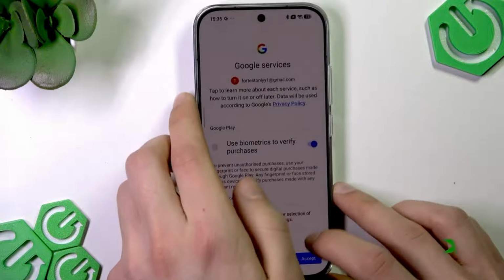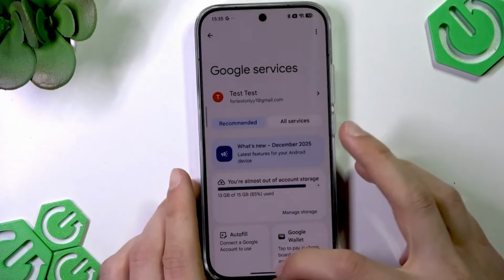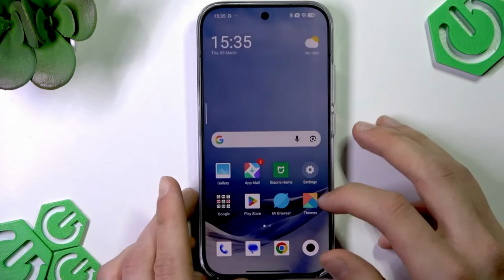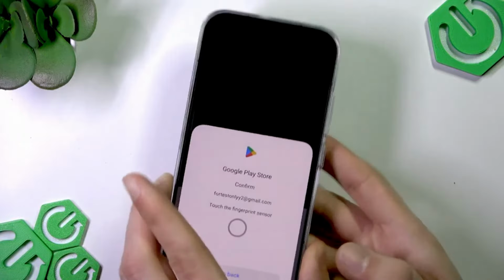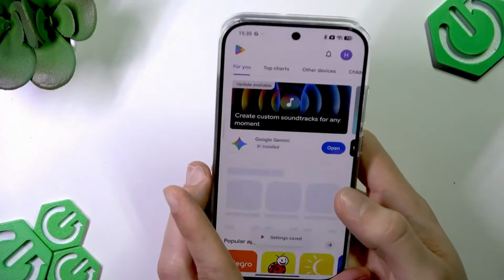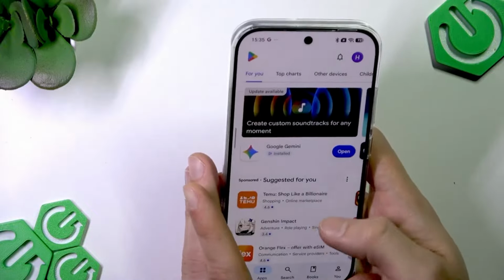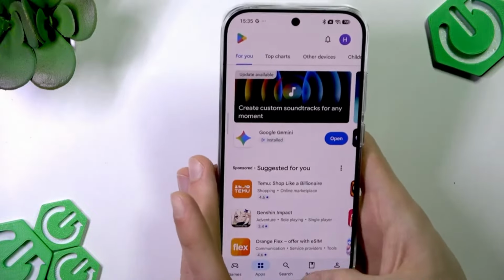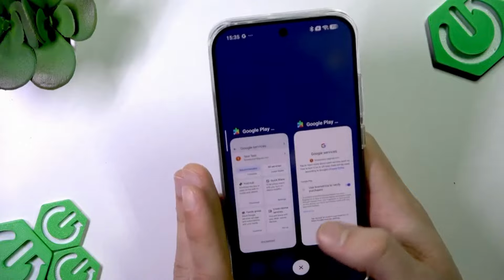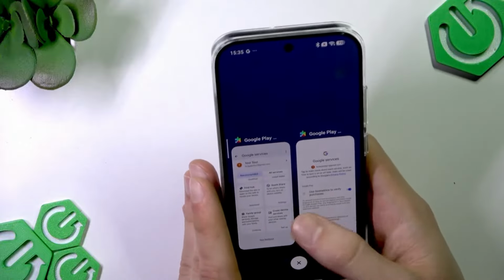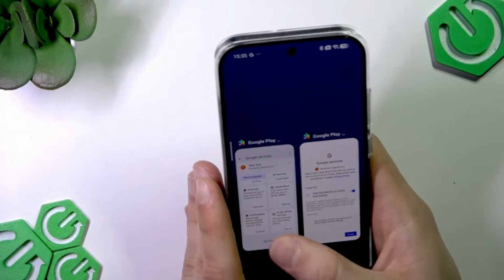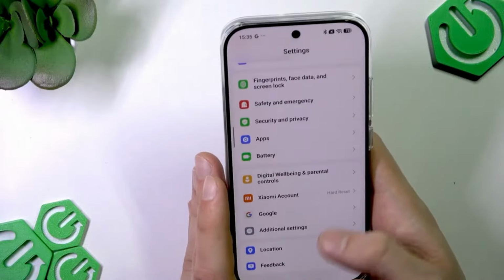And when you're done, try to reopen your Google Play Store, tap Get Started, and then set up your Google Play Store once again. And right now everything should be working correctly, but if it's not, then one thing that we can do additionally is